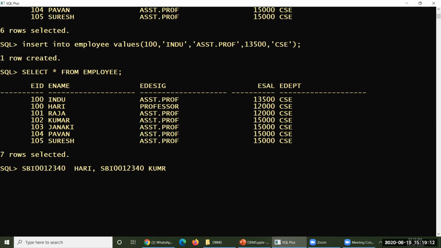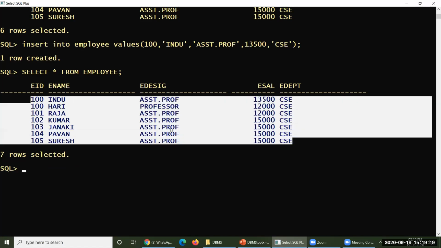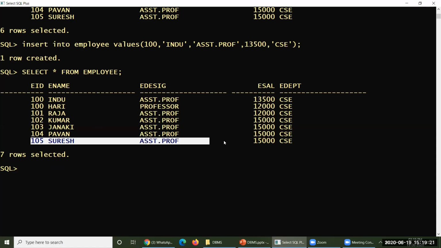The second point: while entering data into this particular table, I am trying to enter some data. The name Suresh could be important for us. The employee ID is very, very important for us. Without an employee ID, you never take any data into this table. The name, of course, might be important.